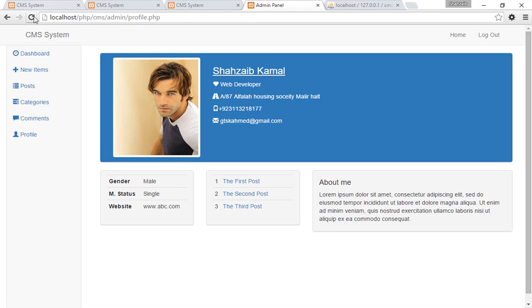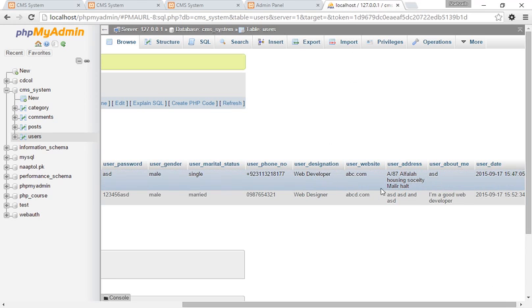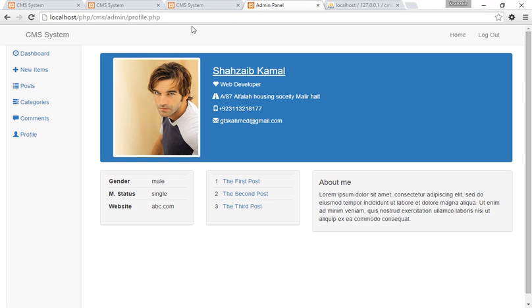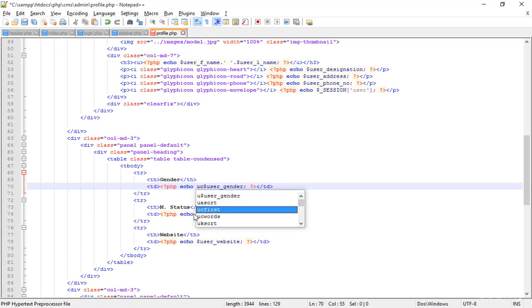Refresh that. Now I got the data from the database. Now you can see that in the database I mentioned all the things in small letters, at least most of the things in small letters. So here what I'm just gonna do, I'm just gonna use the function of ucfirst,